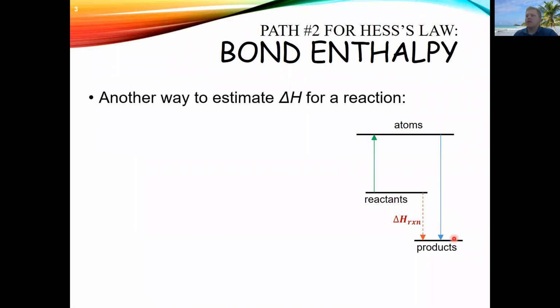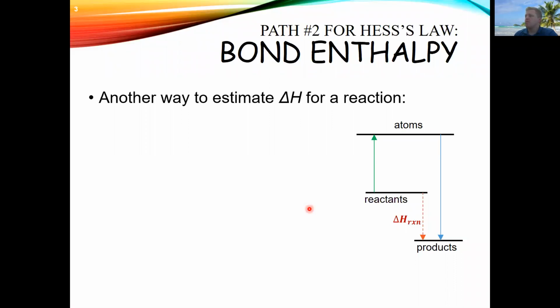So the way we did it last time, if you'll remember, is we did it a few different ways. We did it by pretending we were taking alternate routes through our reaction. So instead of measuring the reaction directly, we just pretended it was two other reactions. We also calculated reaction enthalpies from enthalpies of formation for different reactions. Today, or this time, I'm going to talk about how we can calculate delta H's of reactions from the breaking